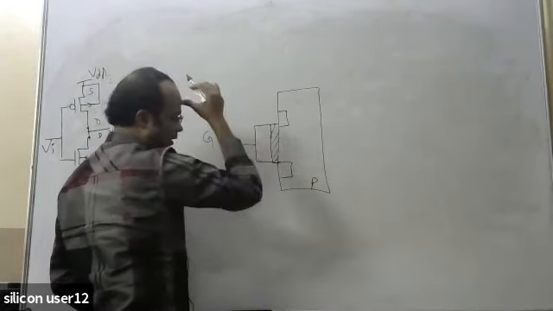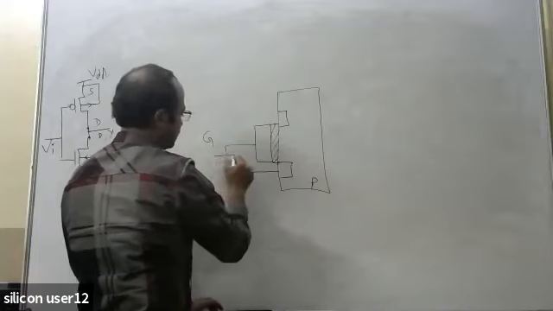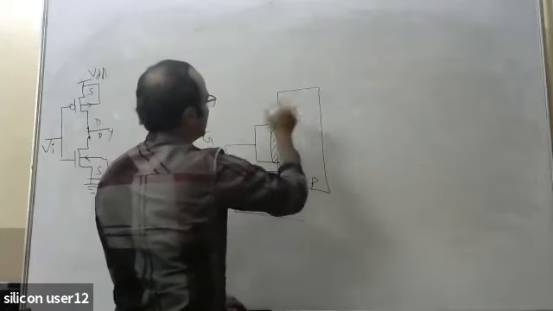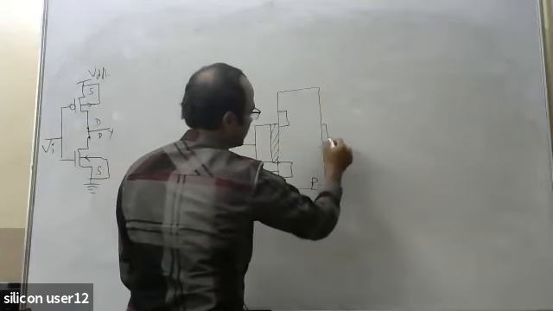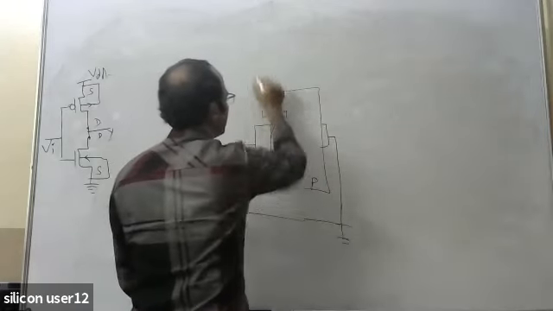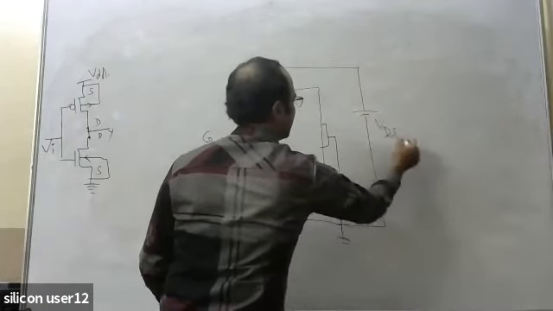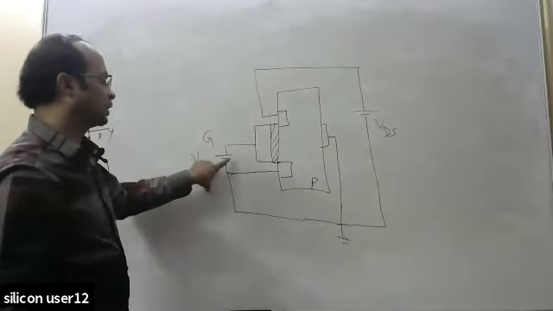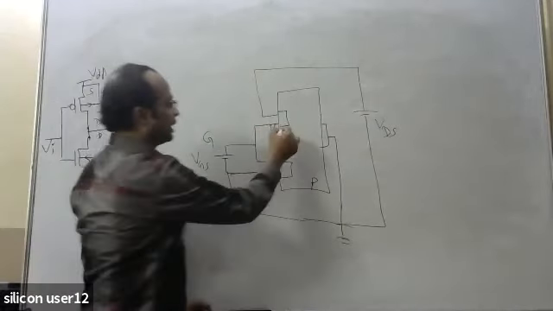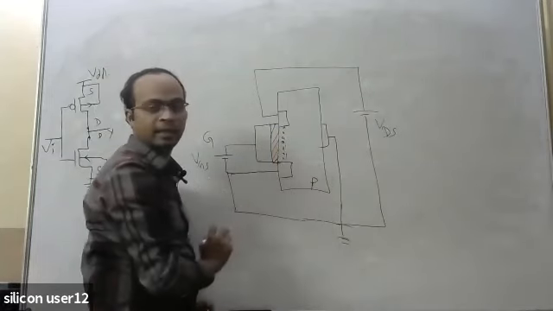Okay, so let us say it is the source terminal. You have applied a certain positive gate voltage VGS, and the source and the body are grounded, and you are applying a certain VDS. Once you apply a positive gate voltage, this gate terminal is positive, so it is trying to pull the electrons. So electrons are coming and gathered near the surface, and the channel is created, right?